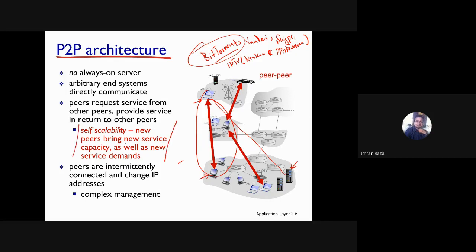These peer-to-peer applications are self-scalable, meaning new peers bring new service capacity. Yes, of course, as well as new service demands, but the new service capacity is the important thing there. These new peers will also be providing the services as well. Okay, and so we do not need to add more and more data centers, and we don't need to invest in virtual servers and all that, right?